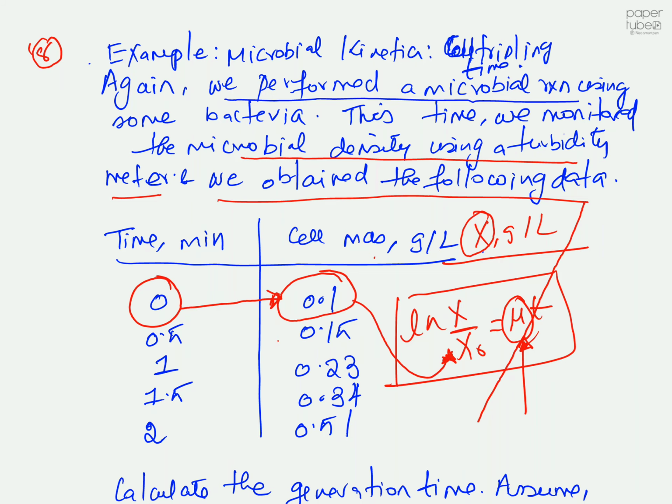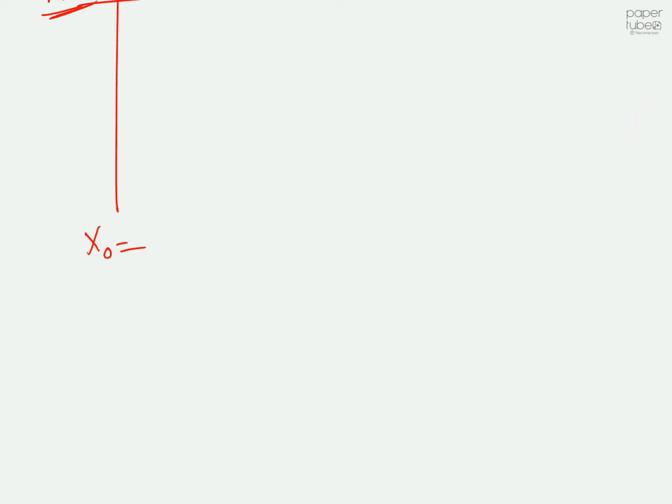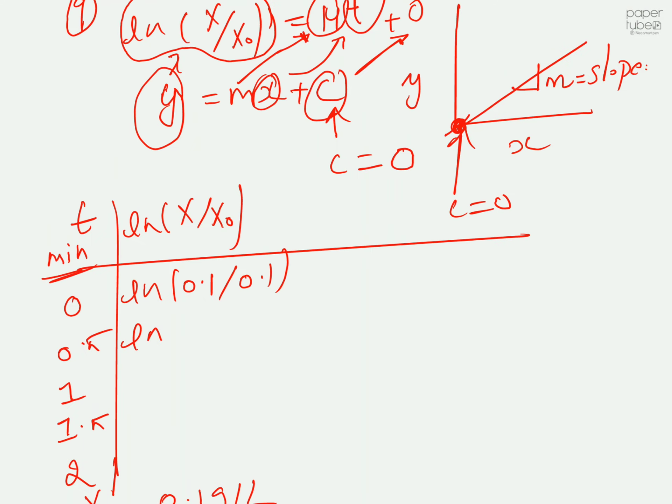So your x0 will be equal to 0.1 grams per liter. So we have time 0, 0.5, 1, 1.5, and then 2. We have to calculate ln of x by x0, that's nothing but ln of 0.1 by 0.1, ln of 0.15 by 0.1, natural log of 0.23 by 0.1, natural log of